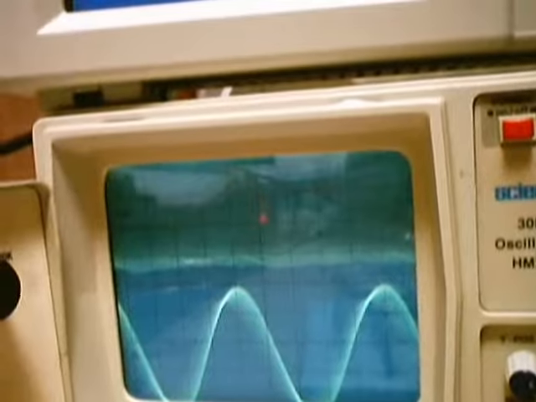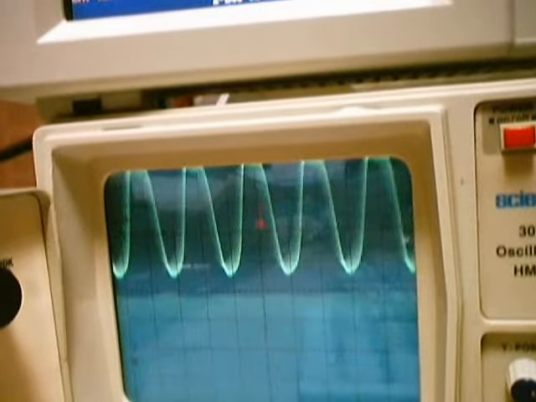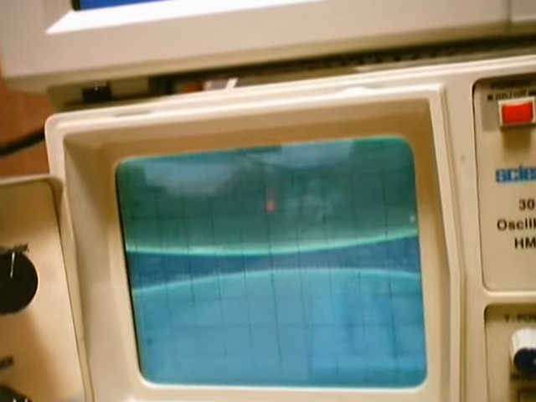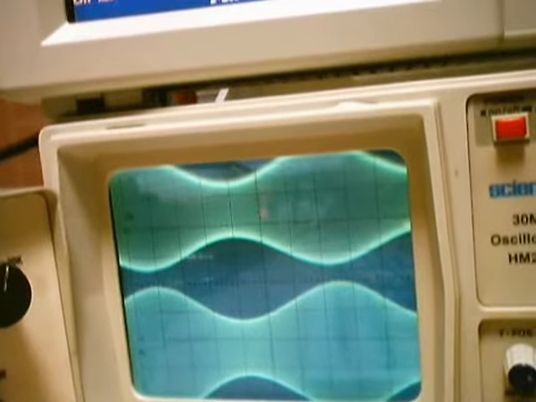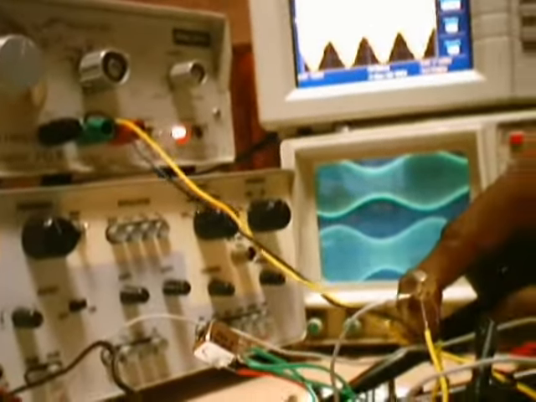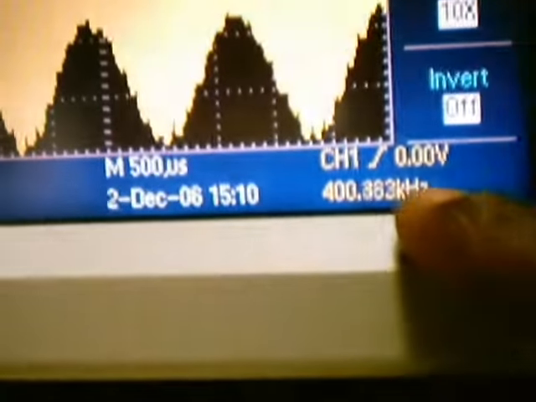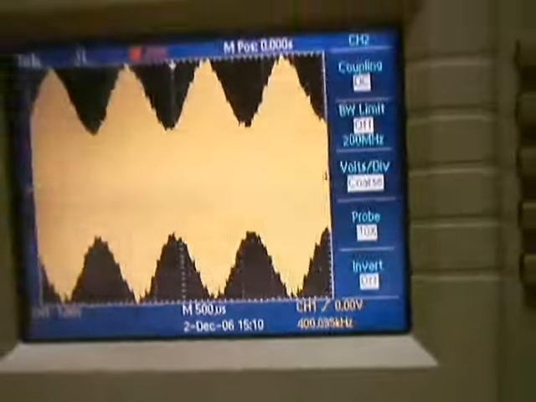So again, you can see there's a down conversion from a higher carrier frequency at the input to a low carrier frequency. Let us exactly measure what the output frequency is. The output frequency again has to be in the range of 400 kilohertz. So let me go back and use the DSO and measure the carrier frequency. You can see now, of course you are getting the output. Since you are getting the output, the frequency is 400 kilohertz, which was our original IFT frequency.